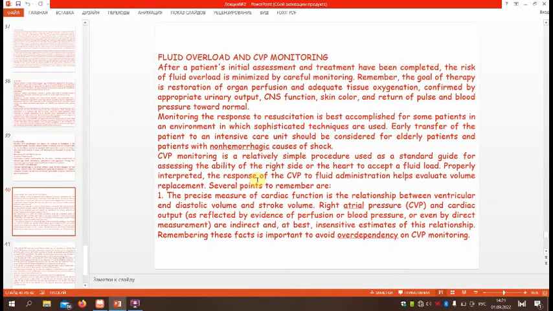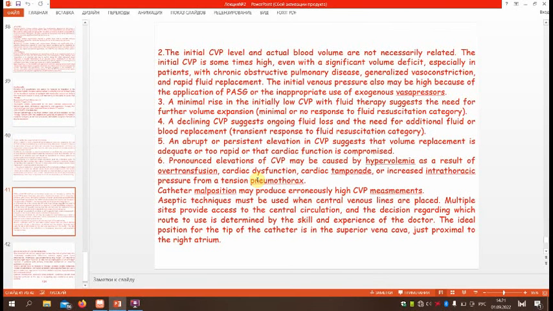Remembering these facts is important to avoid overdependency on CVP monitoring. Second, the initial CVP level and actual blood volume are not necessarily related. The initial CVP is sometimes high, even with a significant volume deficit, especially in patients with chronic obstructive pulmonary disease, generalized vasoconstriction, and rapid fluid replacement. The initial venous pressure also may be high because of the application of PASG or the inappropriate use of exogenous